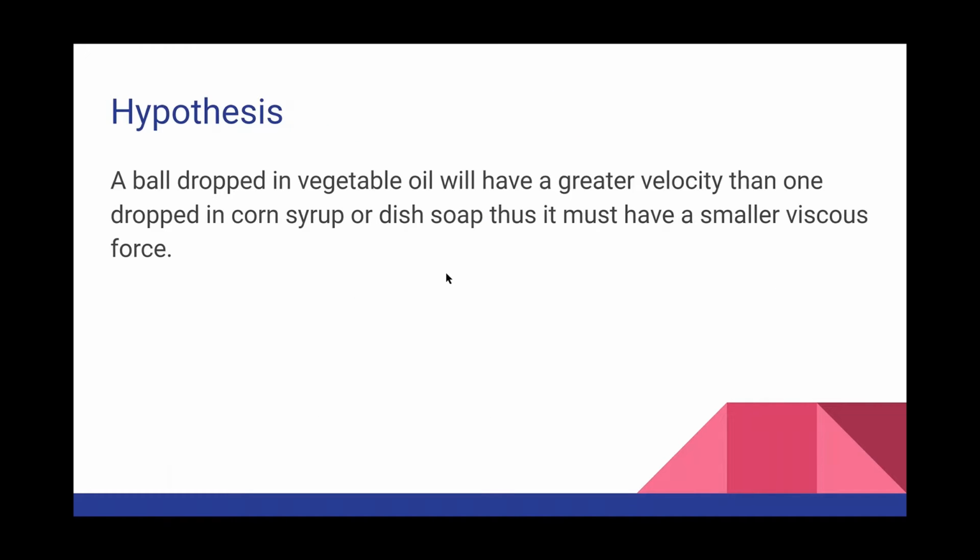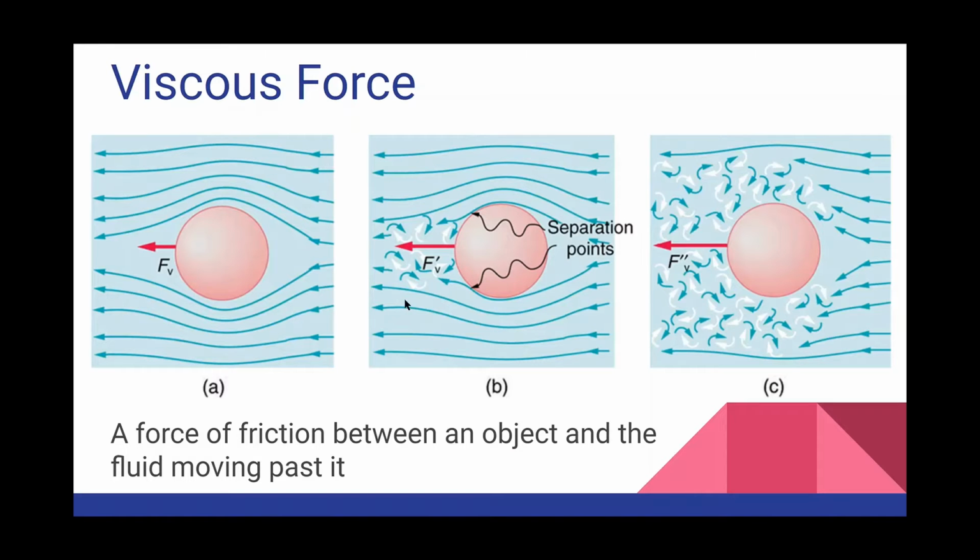So we hypothesized that the ball dropped in the vegetable oil would have the greatest velocity compared to when dropped in corn syrup or dish soap, and because of this, it would have a lesser viscous force. The concepts we used in this project were viscous force,